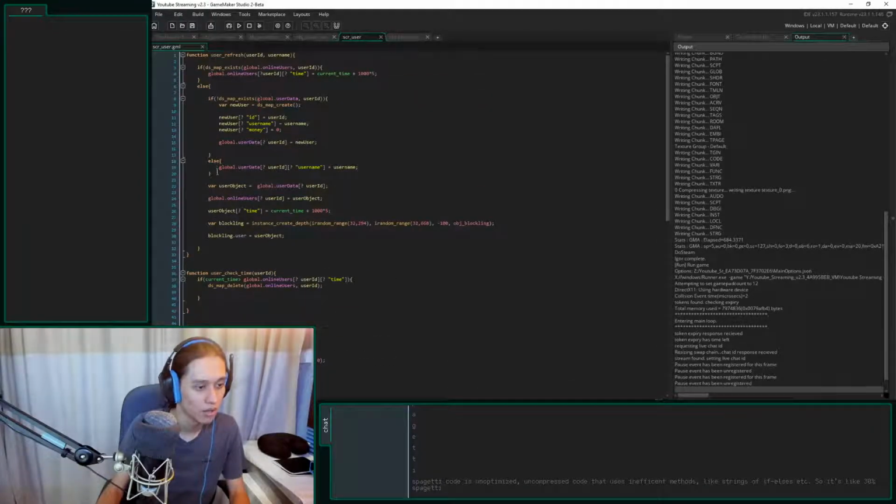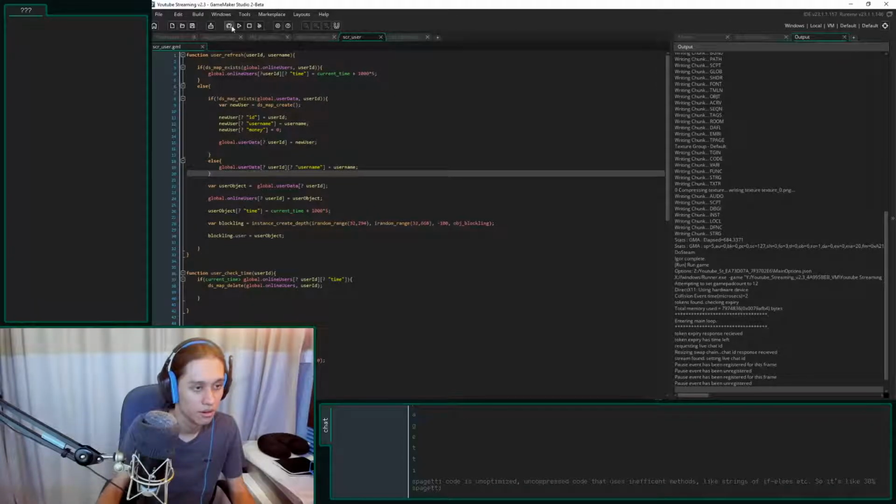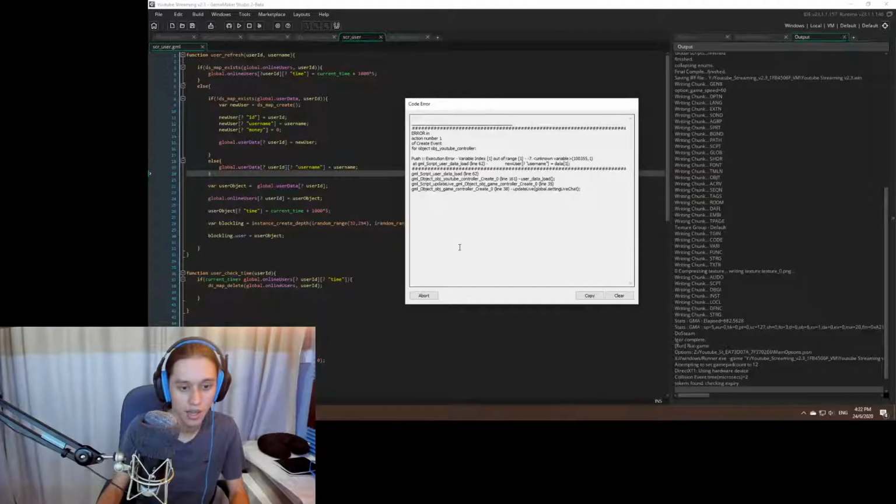If-elses? Well, I'm not exactly sure what else to use. How do you not spaghettify that? I mean, there's a reason there's an if and else statement in the game.